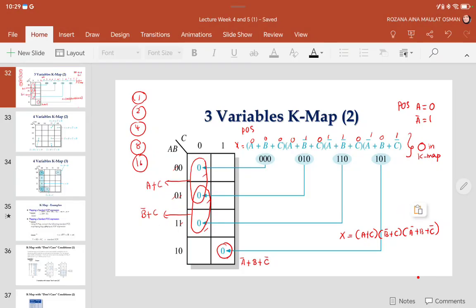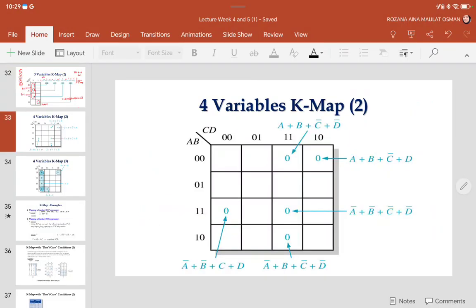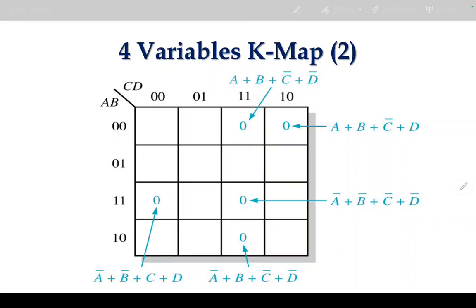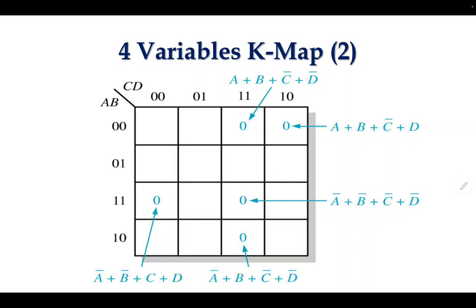Okay, next example. Here is another POS example for a group of 1, 1, 2, 3, 4, 5. Actually, how to read this equation? So you just read here a plus b, which is a0, b0, a0, b0. So a plus b, and then here c equals to 1, d equals to 1. You got c bar plus d bar.